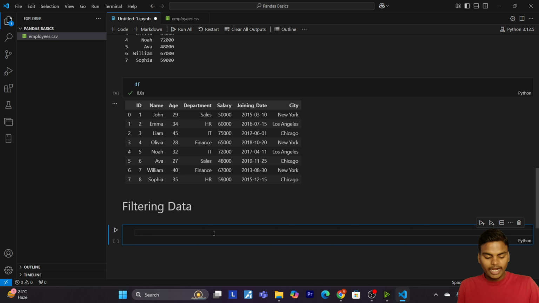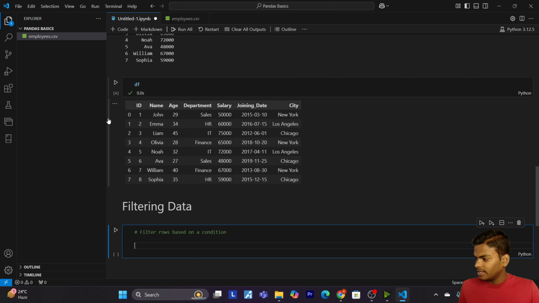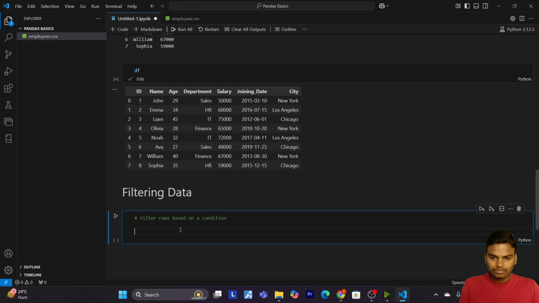Write with me, but let me give the heading: filter rows based on a condition. So now let's write our code for this.